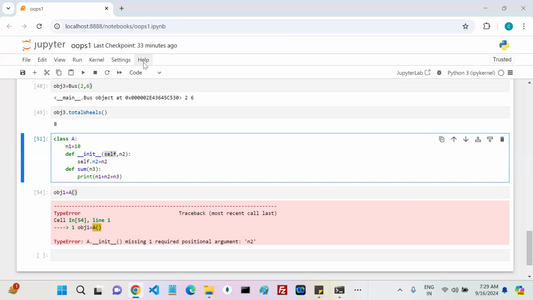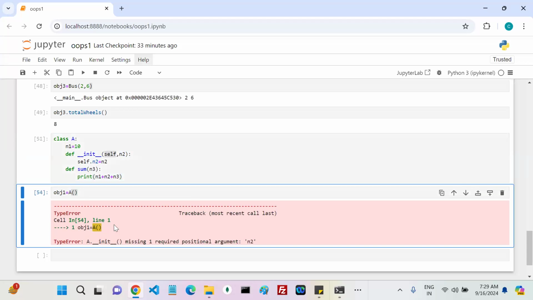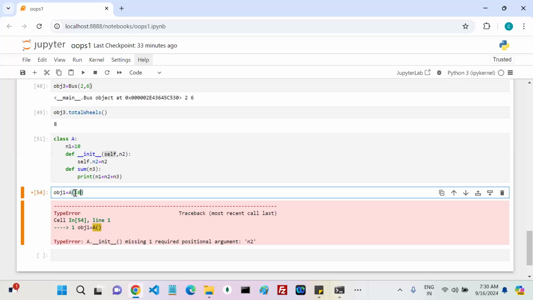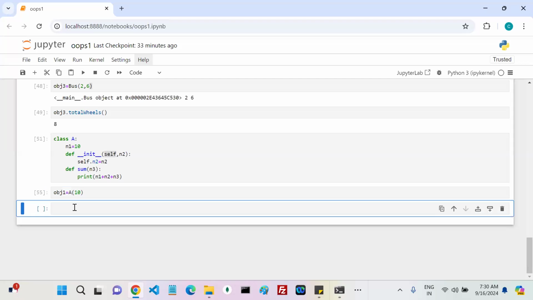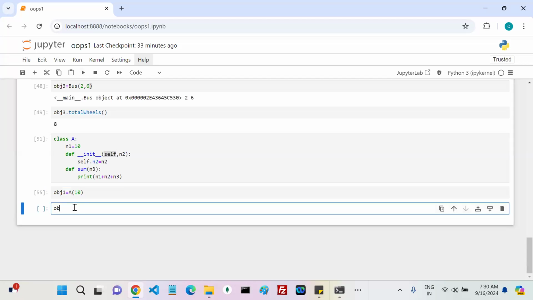Two required. But how many did you pass? One you passed. So you can get an error like this. Okay, so I passed also. Now there is no error, nothing. Now obj1 dot